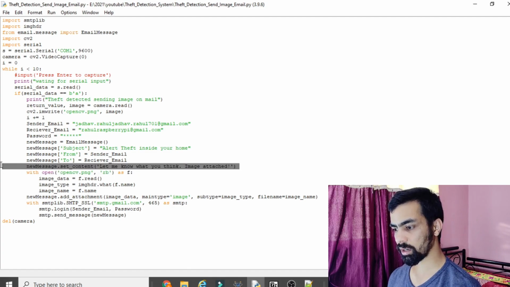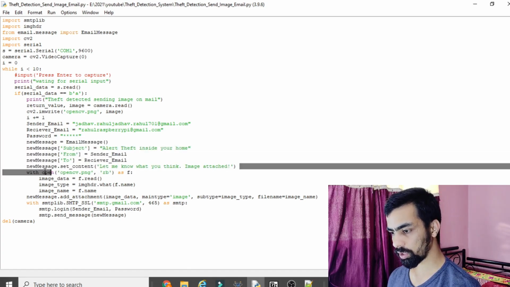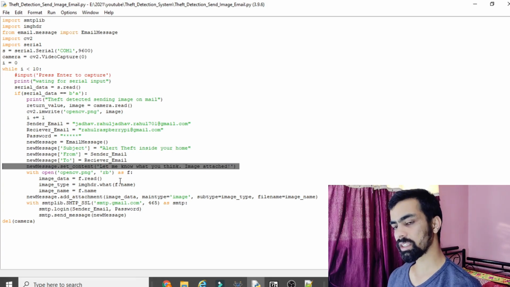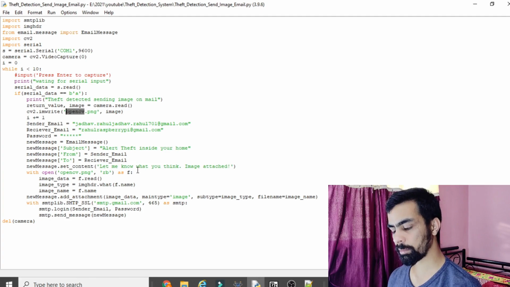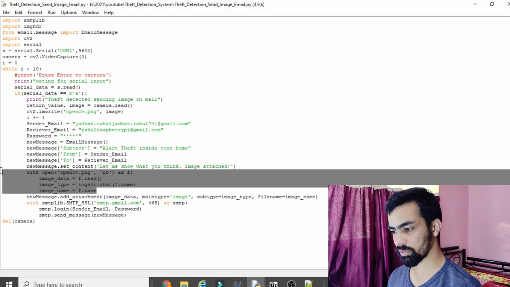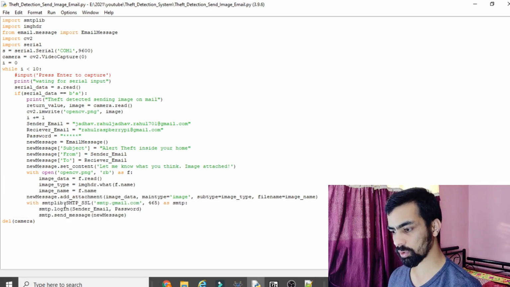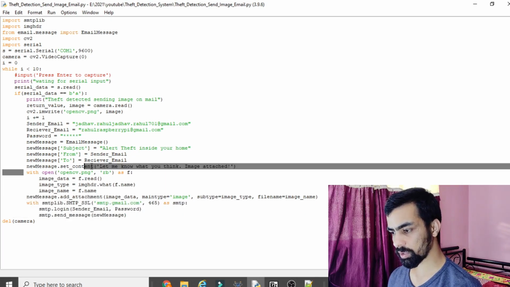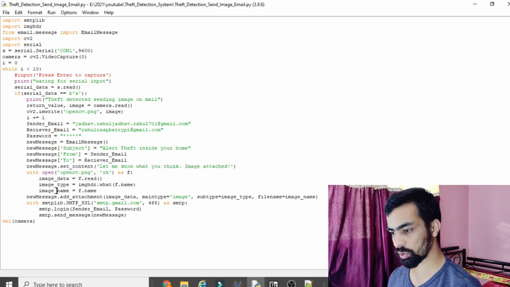Now the next part is with OpenCV image. Once the body is there and you attach it, we have to send the attachment as our captured image, that is the OpenCV image, to our mail ID. So how do we send that image to the mail ID? This is the logic. First we have to open the image with this line, then with this line we have to send the image. To send the image, first we open it with these three lines, then the image is stored into image name, then with this attachment we attach our image. Now with the below three lines we send whatever captured image to the receiver mail ID. So this is the basic idea behind your code.